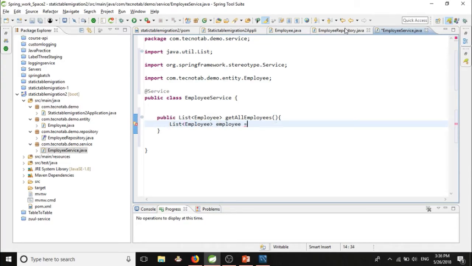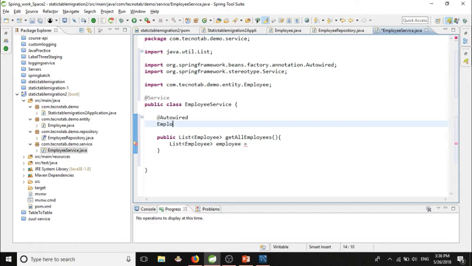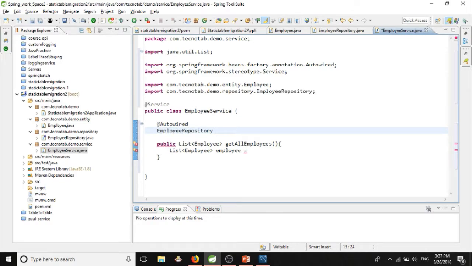We need to call EmployeeRepository for getting the list of all the employees. So for calling the EmployeeRepository, we need to bring this class into our EmployeeService class. For that we will give @Autowired, EmployeeRepository, and a variable name.